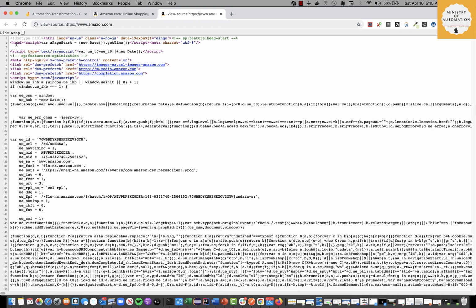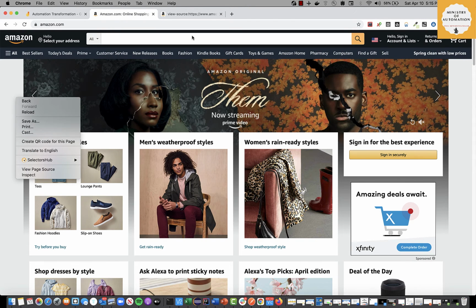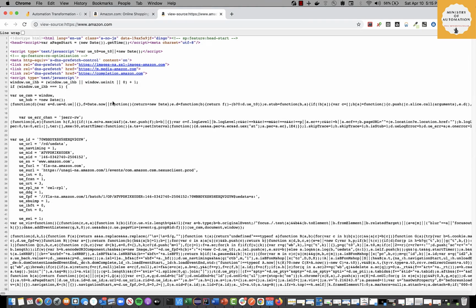So if you see now, when I right click on this page and do a view page source, this is what you will see. On this, if you see line number 1, it starts with something called HTML. This is what we're going to learn in this course. So don't worry if you are getting scared by looking at this code. Don't worry, I'm going to teach you everything. Be patient, just try to listen to what I'm saying and try to practice.